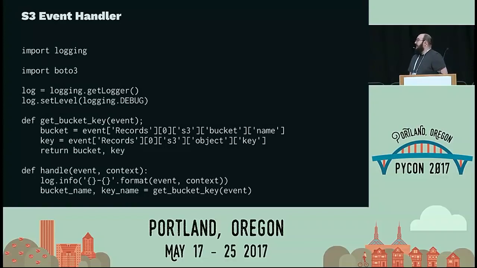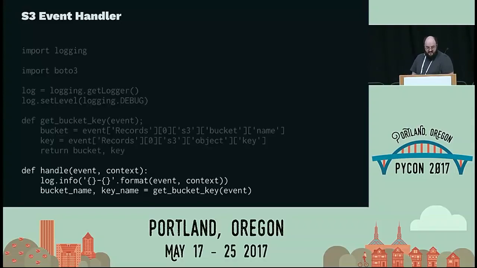Let's look at a simple, kind of trivial example here for an S3 event handler. So the first and most critical part is actually this handle function down here at the bottom. Every event handler, Lambda, that you have is going to have a function that looks just like this. It's basically going to get an event and a context. So the event is what actually got sent. So that would be the message from S3 that tells you what files you got, or the message from anything else that occurred in your cloud.